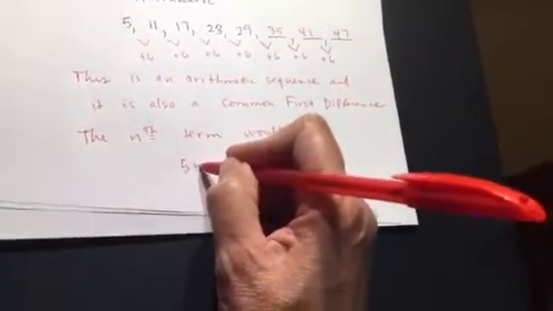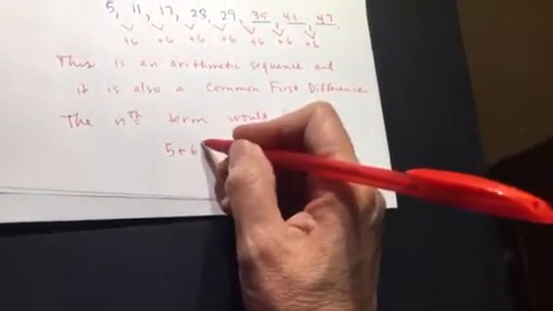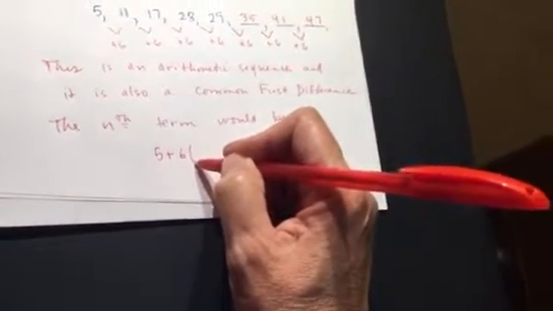And then for the nth term, anybody know what the expression for the nth term will be? The nth term is not n plus 6, it would be 5 plus 6, open parentheses,